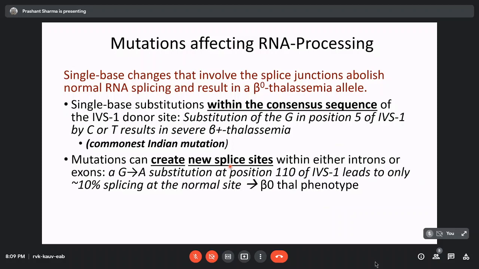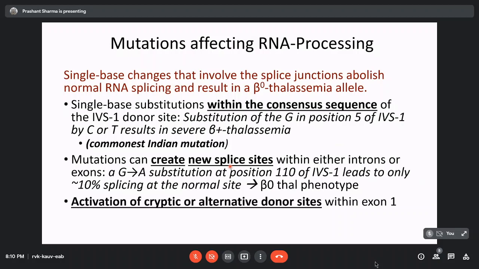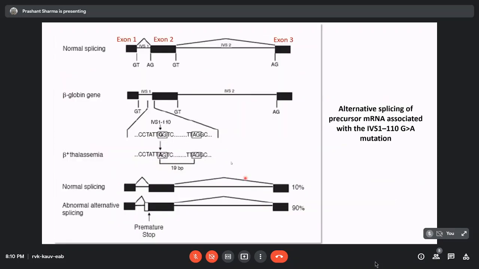And the third way, of course, is that splice sites can get abolished. So you can get abnormally long mRNA. And another mechanism is activation of cryptic or alternative donor sites within exon 1. So again, you're going to have abnormal splicing. And yes, HbE, although this is not a part of the job entrusted to me, remember this was a thalassemic hemoglobinopathy, and that's because there is an alternative donor site which is created. So you'll have a variant hemoglobin, but also being produced in lesser amounts. So this is an example of a minus 110 mutation.